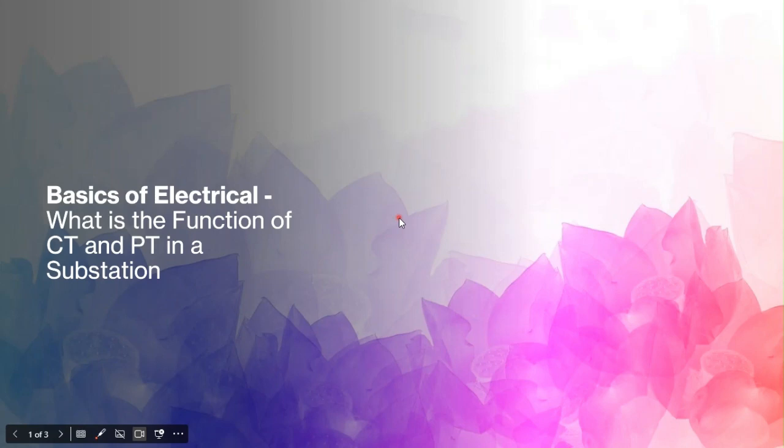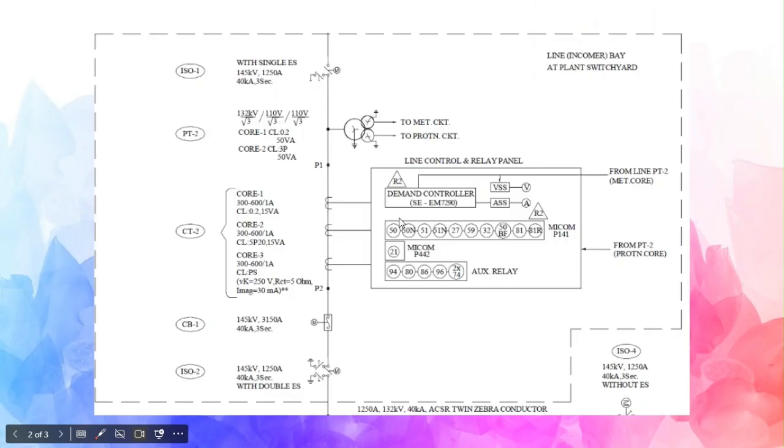Hi all. Today we are going to understand the function of CT and PT in the substation. So this is the scheme drawing for a 132 kV substation